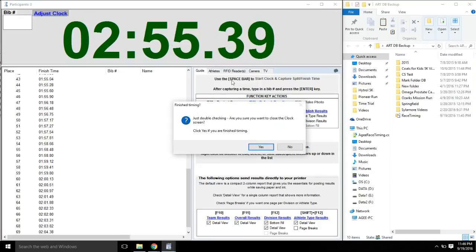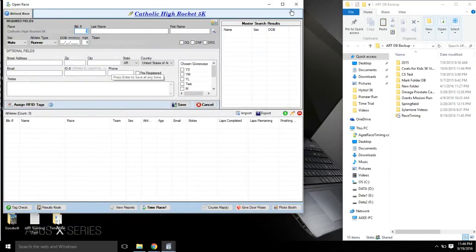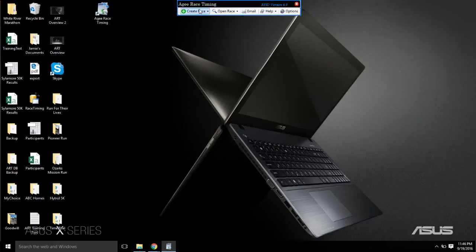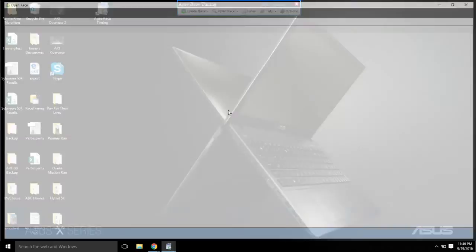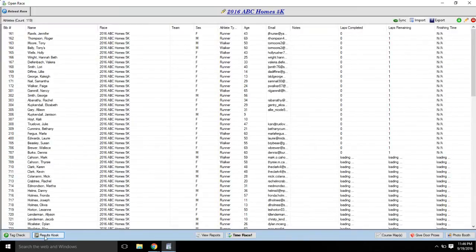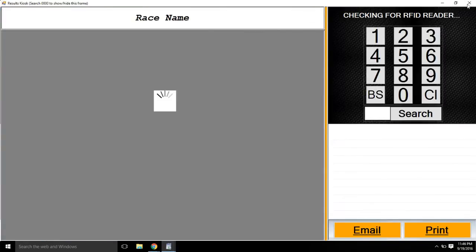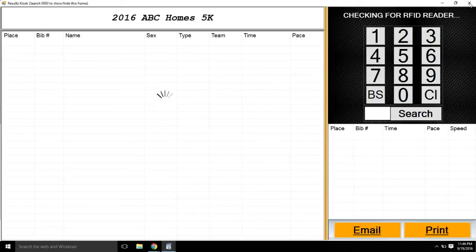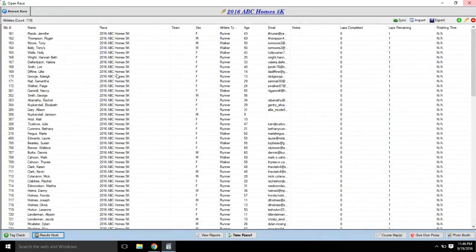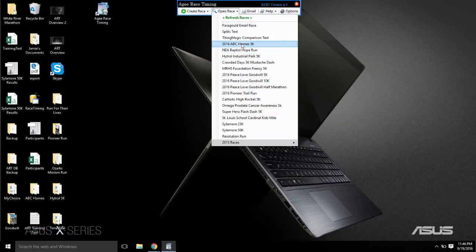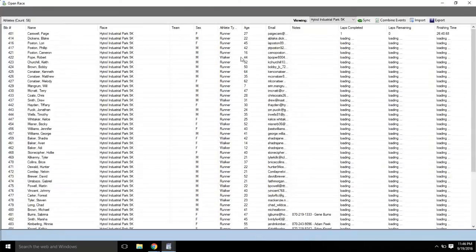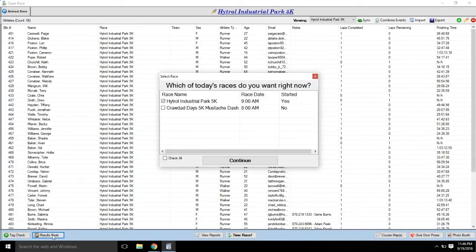Let's go ahead and open the kiosk, and I'll show you some new features with it. First, I've got to pull up a race. Let's see. This is a small race with time, so let's pull up the results. Actually, this database doesn't have the time, so let me close this out. It's connecting, okay, it found the reader. Let me pull up a race that's got times. Maybe this one. Okay, good. So if we go to the results kiosk,